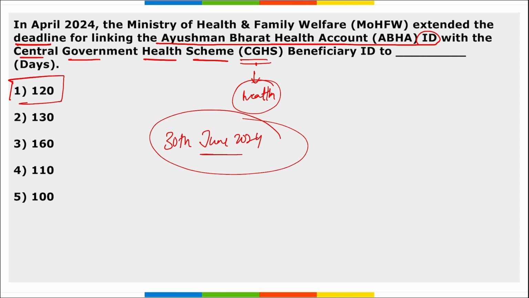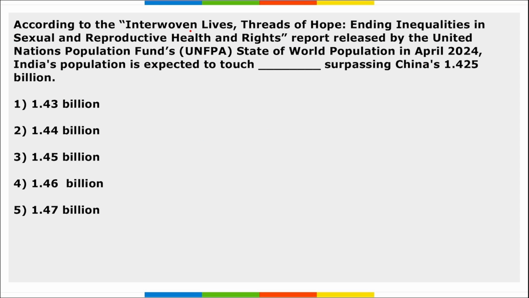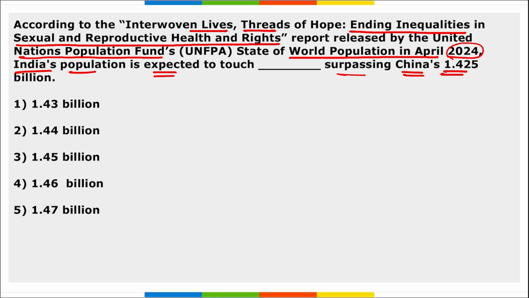Next, according to the Interwoven Lives, Threads of Hope: Ending Inequalities in Sexual and Reproductive Health and Rights report released by the United Nations Population Fund, State of World Population in April 2024, India's population is expected to touch how much, surpassing China's 1.425 billion? So here India's population is expected to touch 1.44 billion, surpassing China's